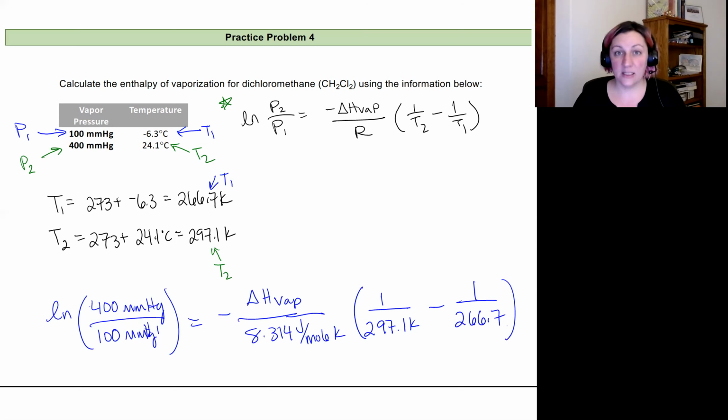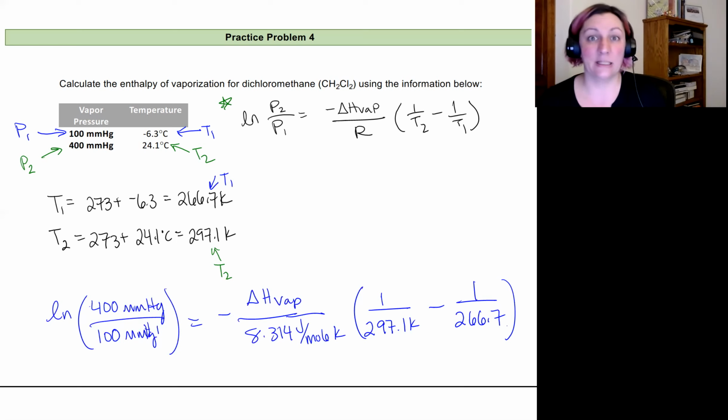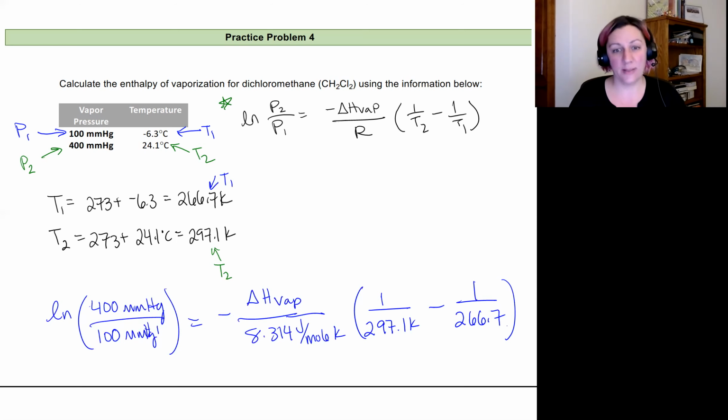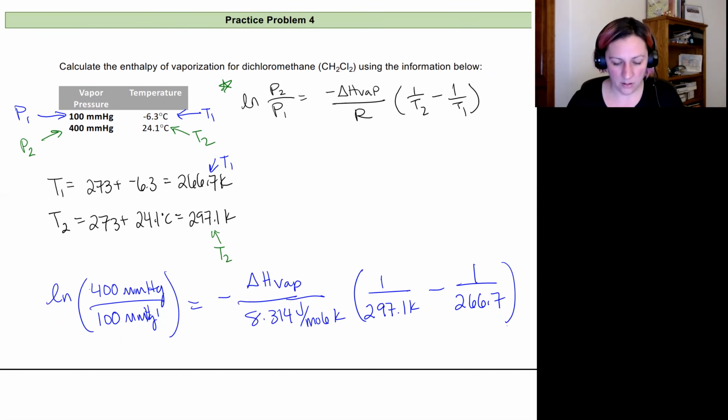And typically getting to this point is pretty straightforward for students. Plugging it into the calculator is a little bit less so. So I highly recommend just taking a moment to practice solving this out and using your calculator and making sure you're feeling really comfortable with it. So as you're playing around with that, if you need a point to double check, for just this portion of the calculation where I'm doing the inverse temperatures subtracted from one another,